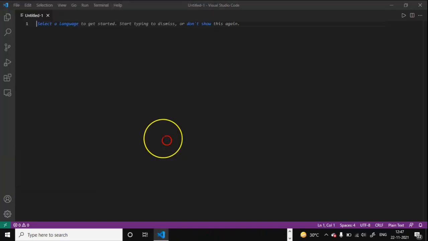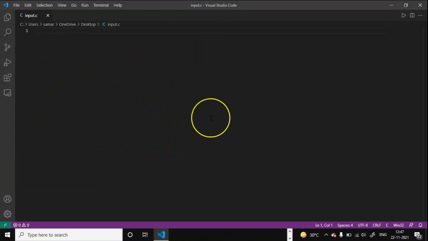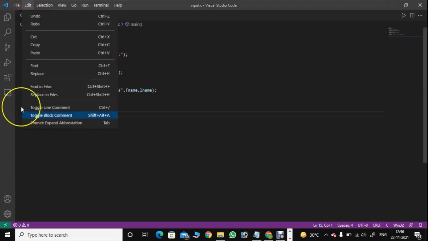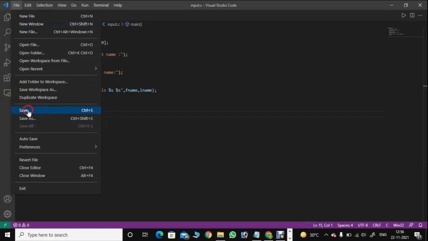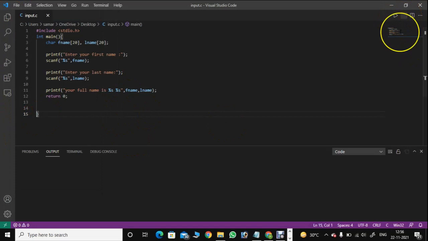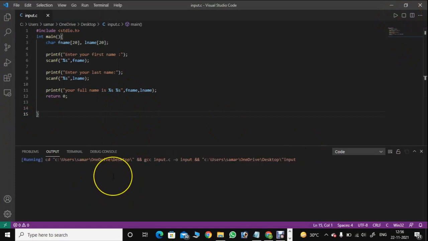Click on save. Let's write the program. Now let's save it again. Then click on the small play button. As you can see, it's running, but there is no output.